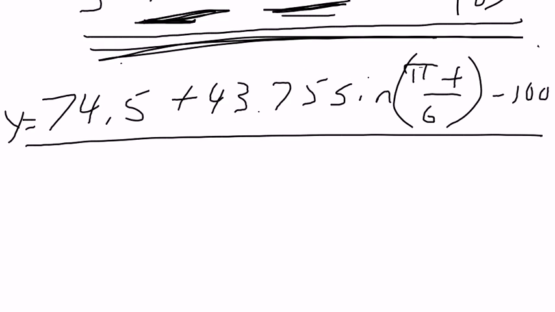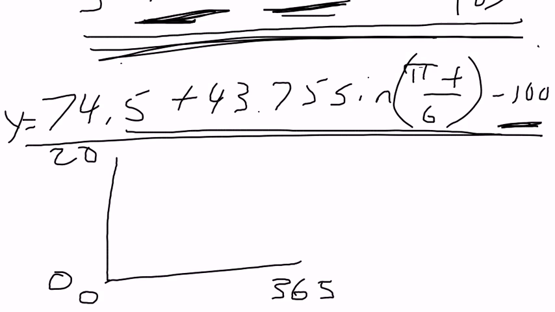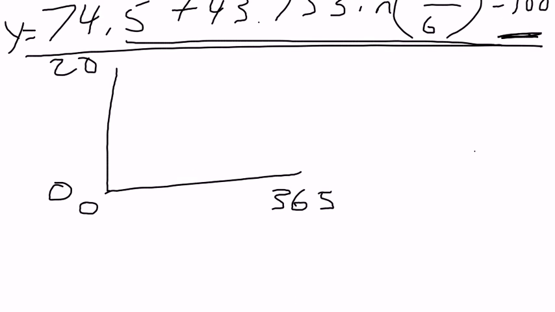Pause the video and see if you can figure out what the window should be. Okay, hopefully you did. My x value goes from 0 to 360. And it wouldn't matter, I guess 365, because there's 365 days in a year. And then I just have from 0 to about 20, because we really don't get more than 20 over 100 in our sales. So this graph, if you graph the whole thing, would look like this,